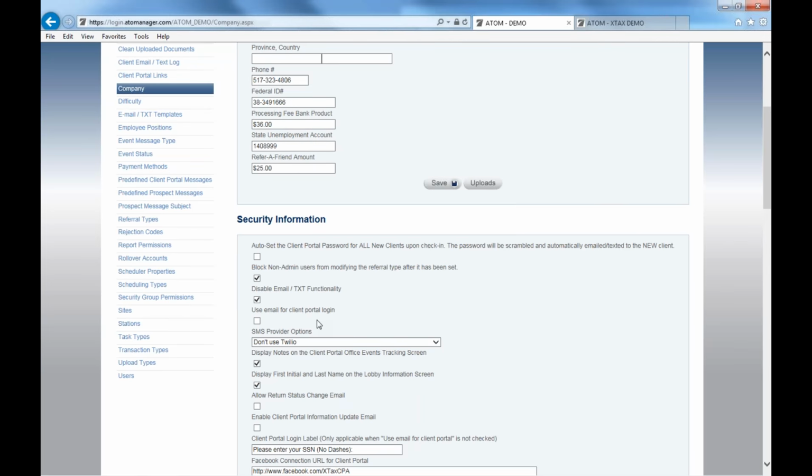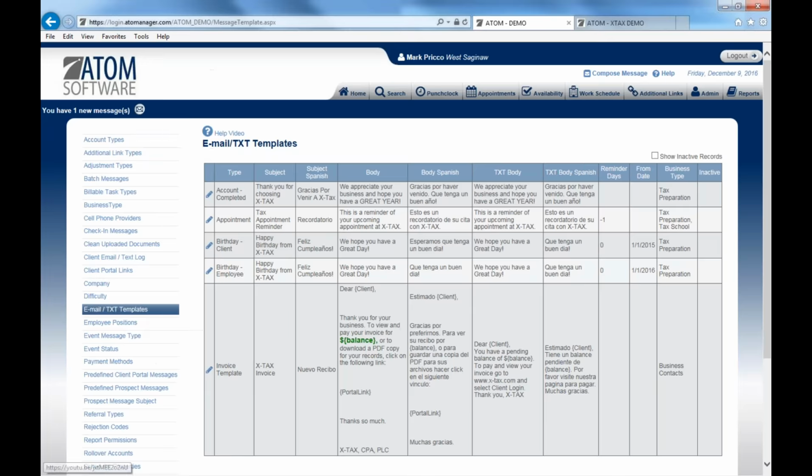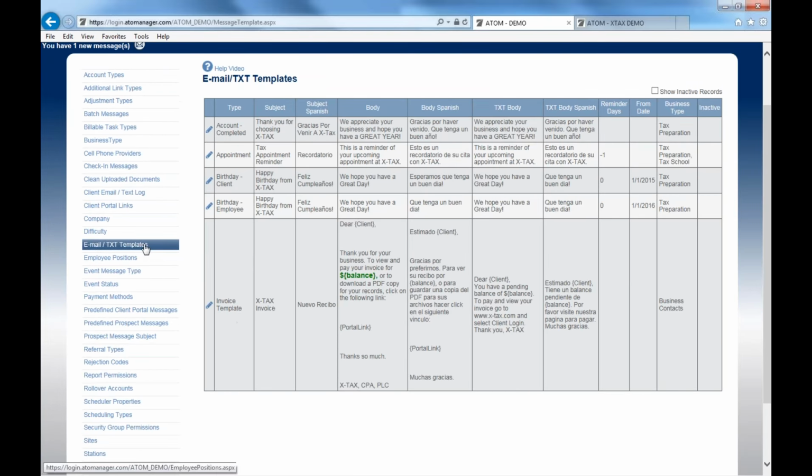Email text templates, kind of briefly went over that. So we have the new invoice template here. We've added it to the admin page. So here, this is where you can customize this both in English and Spanish to send it out if you're going to use our send invoice via email or text. The event status, client notifications. The only thing I want to point out here